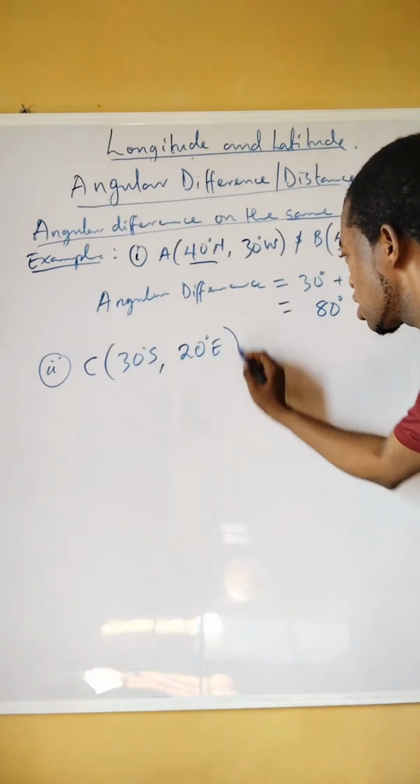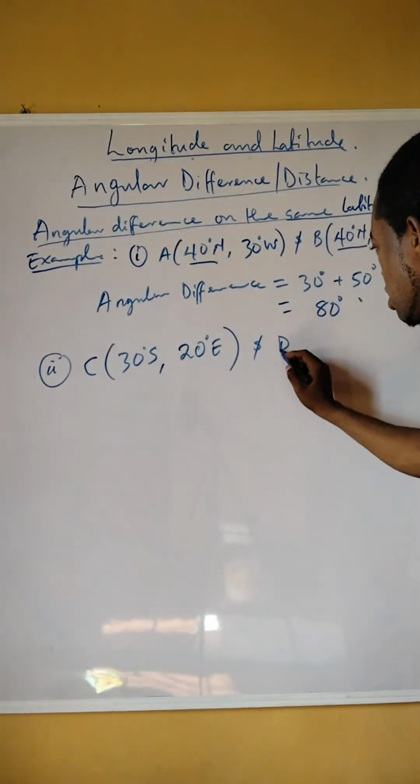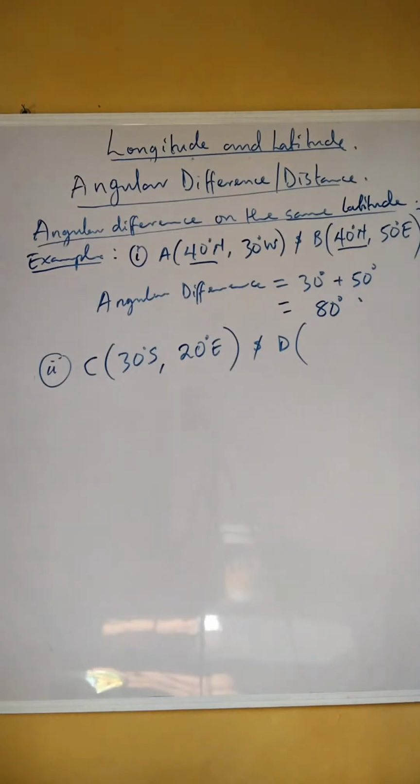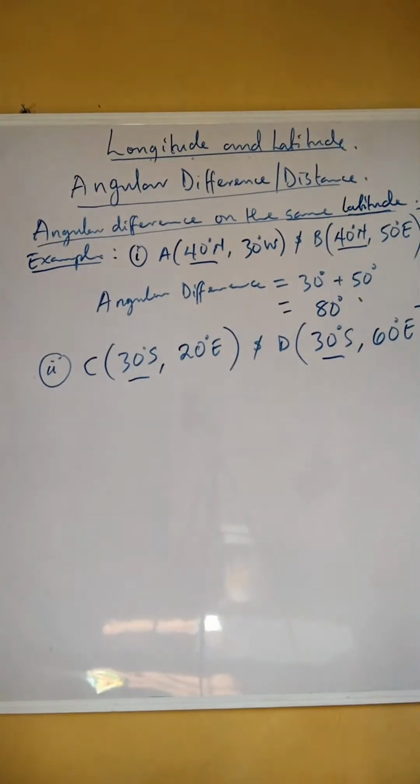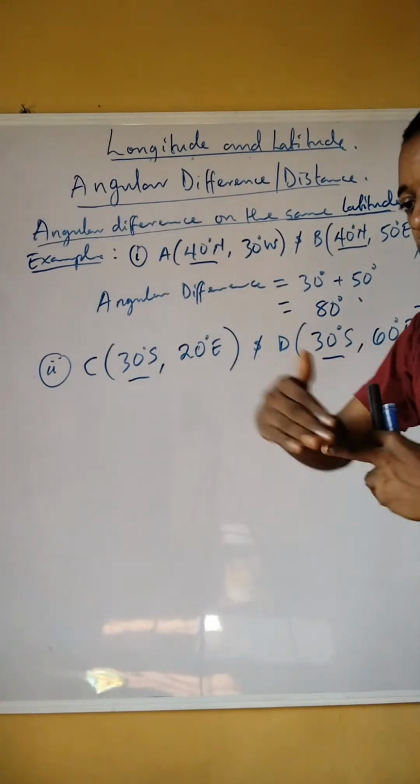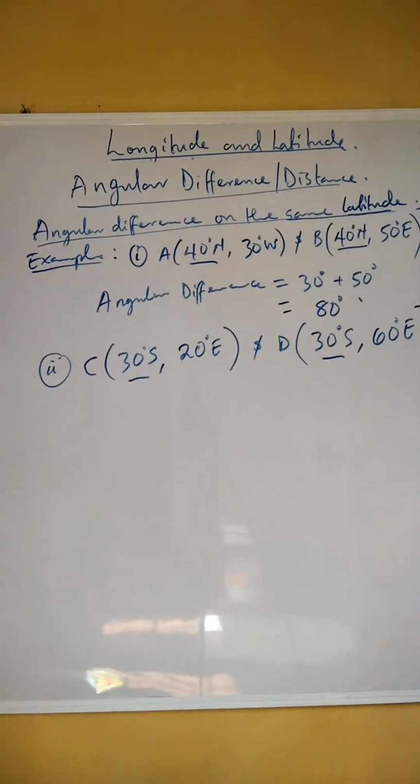20 degrees east and point D. Also, that is 30 degrees south, 30 degrees south, and that's 60 degrees east. Now look at it. Both are on the same latitude, 30 degrees south. Good. So these 2 points lie on the same latitude, and their angular difference will be determined by